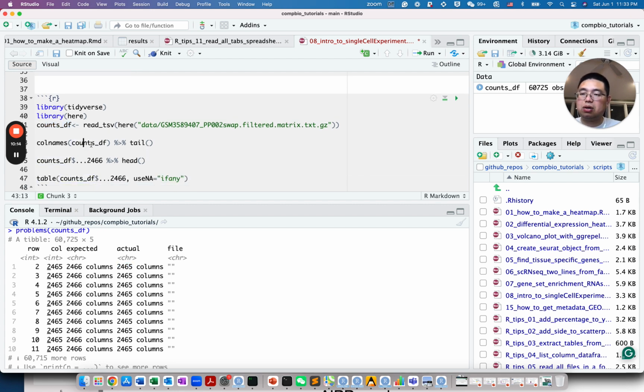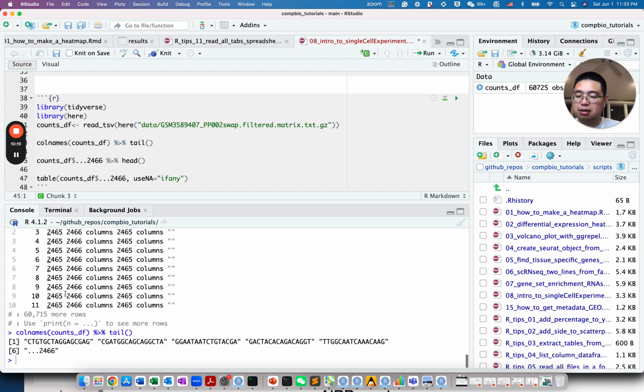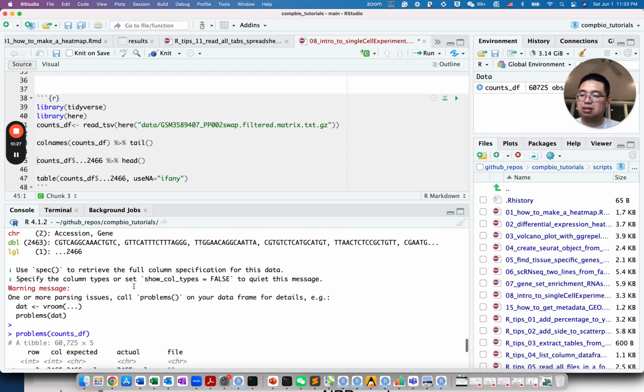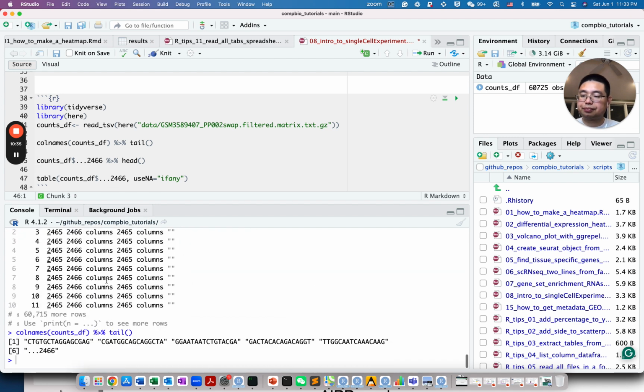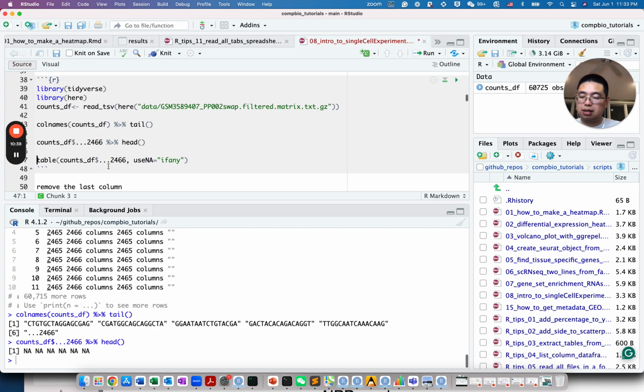So we can look at the column names of that data frame and then look at the last 10. And you see those are all cell barcodes, but the last one is 2466. That's something we saw here, they have these new names. But let's look at that last column. Use the $ sign to access the last column, and then look at the first 10. Those are NAs. Then if we look at how many NAs are in the last column,